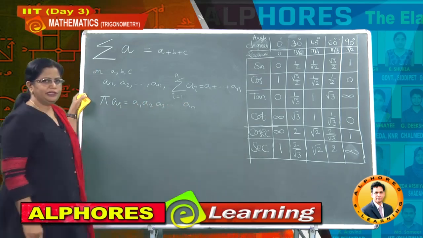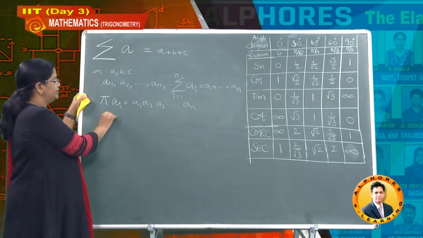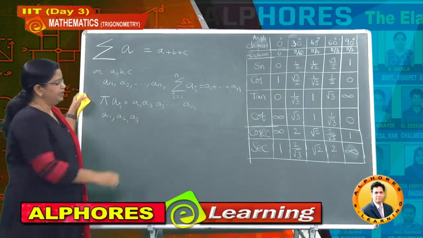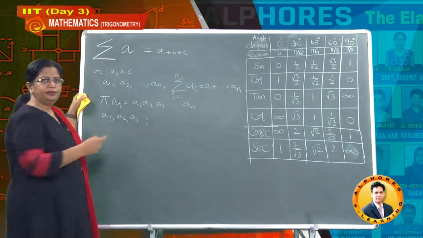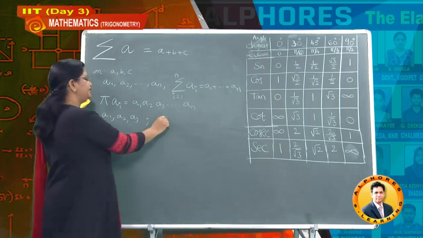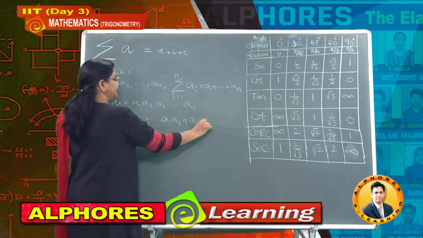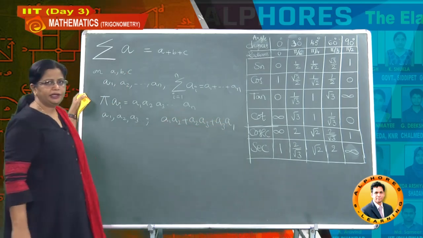An. This one is for product. Suppose on two quantities, that is you take a1, a2, a3, and we are taking the continuous product here by taking two terms at a time, that is a1 a2 plus a2 a3 plus a3 a1, that is the sum of products of two terms taking at a time.